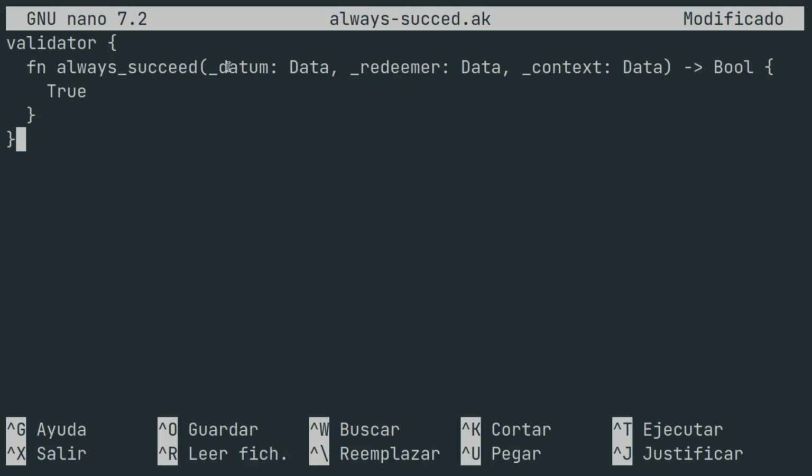The first one is the datum that is of type data, the second one the redeemer that is type data, and the script context that is type data, and return a boolean value, in this case the true one, and it has some important curly braces here. If we do Control O and save it